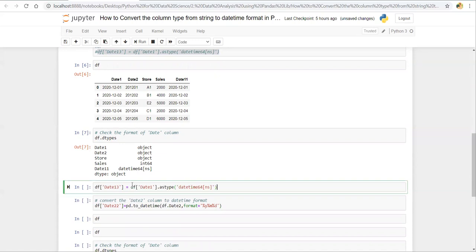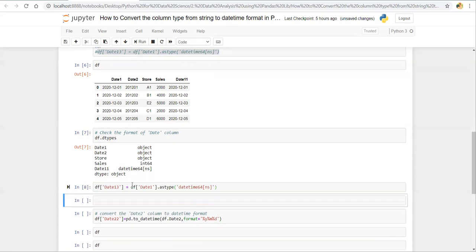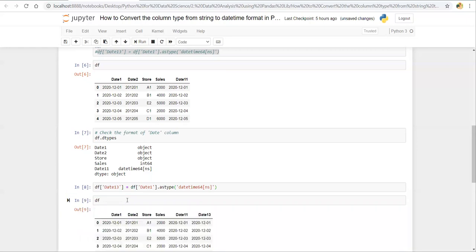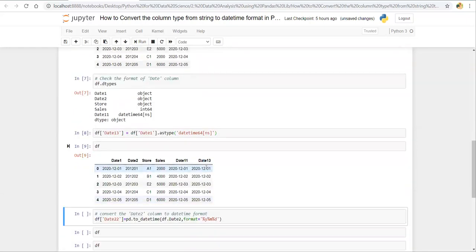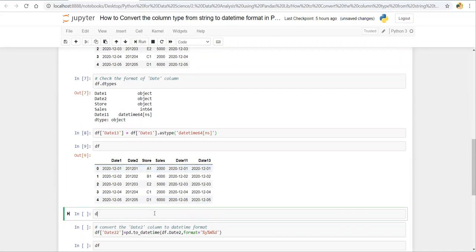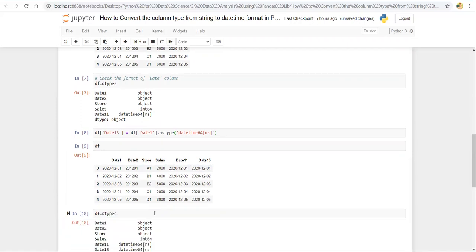Now I am creating another column. There is no difference between date 1, date 11, and date 13. Now let's check the output data type. To check the data type, we use the dtypes function.